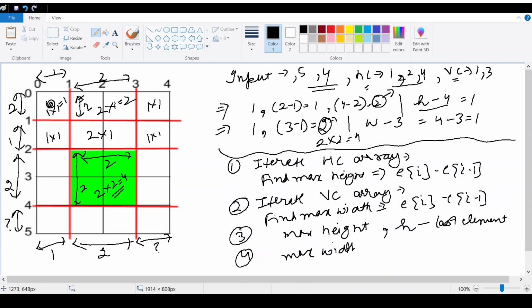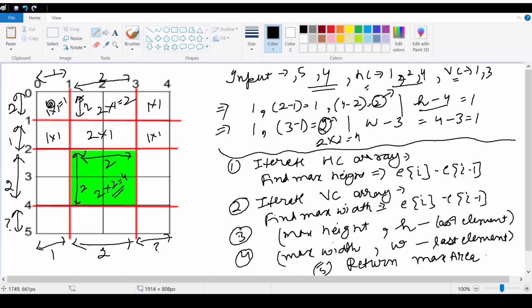Then we will calculate the final max width by comparing max width and w minus last element. So in this way we will get the maximum height, maximum width, and we will return the max area.